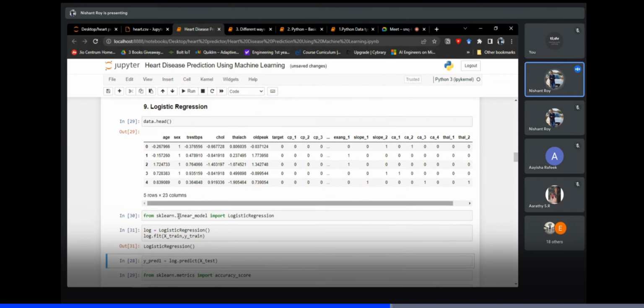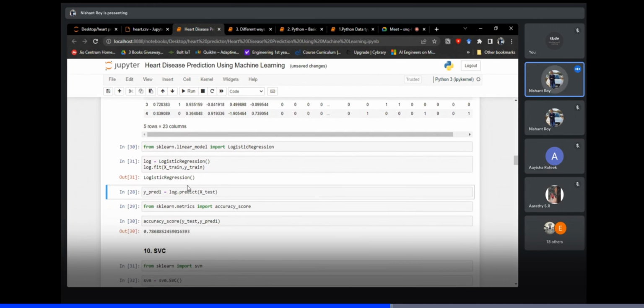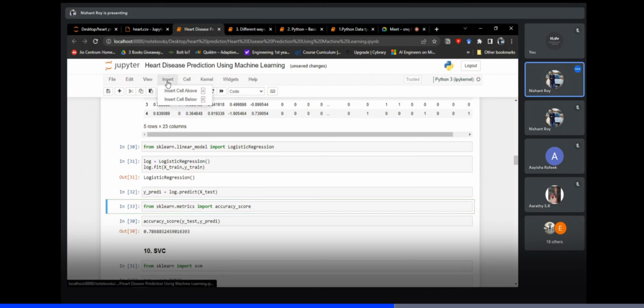Now after training, we will use the test data set to get a result of what the trained model is able to predict. Now, again, from sklearn, there is one more module for getting the accuracy score of the model which we have created. Here, after calling that and passing the y test and y predict values, if we just insert a cell here